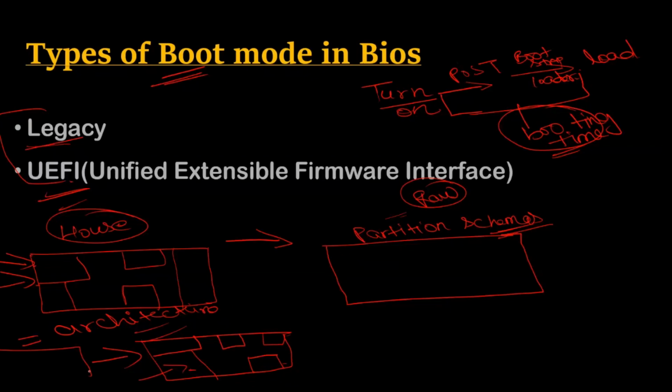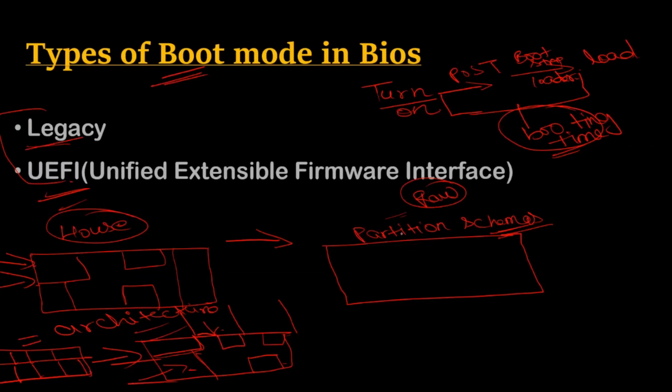Means I want some shops, so I can create shops also. I want four shops there, and I want four shops on the other side. So this is a different architecture. If I want this business architecture, I will create the architecture first, then I will create the foundation, and after that I will start to create the walls. Then with these walls, I will build this building. This is called architecture in this form.